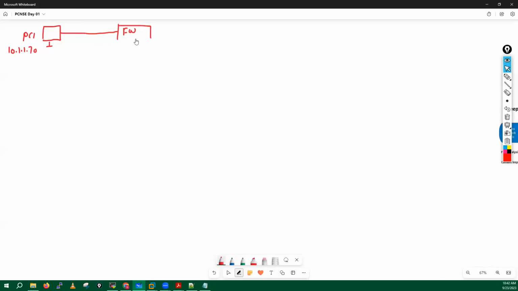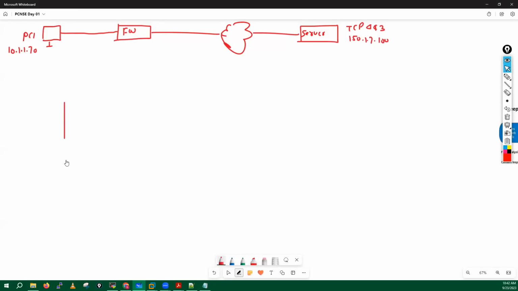We have a firewall, and this firewall has connectivity with the internet, and here we have a server running on TCP 443, 150.1.7.100. Simple example. Now, what used to happen, guys? Every firewall has interfaces, right? So let's suppose our firewall will also have a couple of interfaces here. And guys, I'm discussing very advanced level information. If you know this information, then only you can understand the architecture, like what is data plane, management plane, and all. So in this firewall, we have data ports starting with Ethernet 1/1, 1/2, 1/3, 1/4,